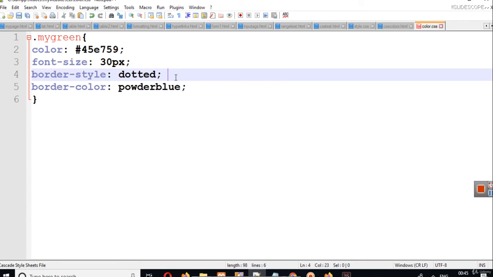Again, if you remember from the previous class, if you have to apply comments in CSS, why do we apply comments? So that we can get some information from the code, but that comment will not be executed. To make some remarks, we use comments. So border style is dotted, dashed, which we have already seen. Border style can be solid also. To close a comment, we have to write a star and forward slash. So forward slash and asterisk to start a comment, and asterisk and forward slash to close a comment.